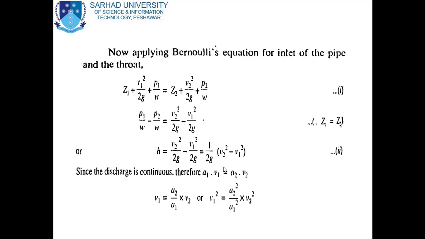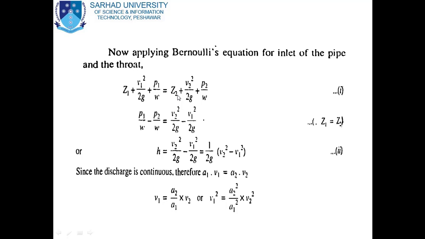Now applying Bernoulli's equation for the inlet of the pipe and the throat, we get Z1 plus V1 square divided by 2g plus P1 divided by omega is equal to Z2 plus V2 square divided by 2g plus P2 divided by omega. As we know, this is the Bernoulli's equation. Here, as the pipe datum is on the same level, Z1 equals Z2, so they will cancel out with each other, and